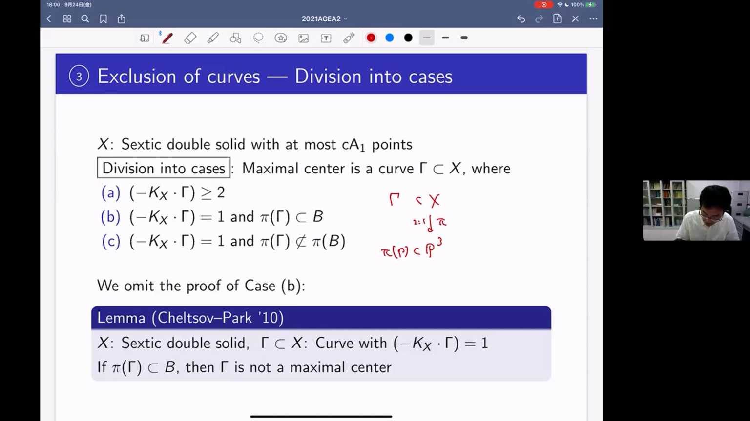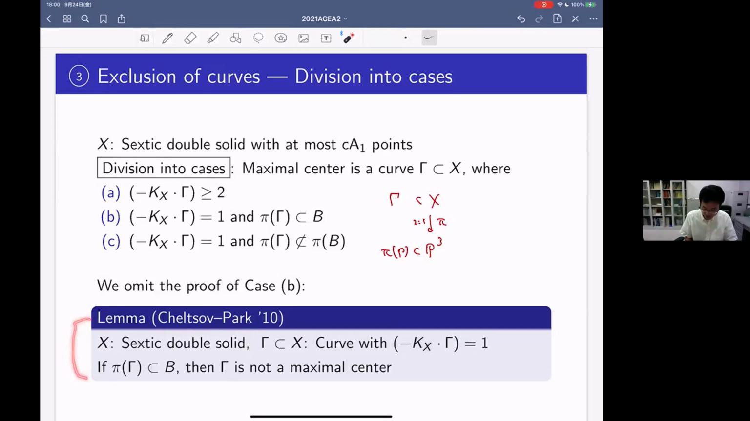This image is contained in the branch divisor, and the third case is not contained in the branch divisor. Okay, we need to prove in a different technique for these three cases, and we omit the second part. This essentially follows from the Chertoff-Pax argument. So yes, by their argument we can